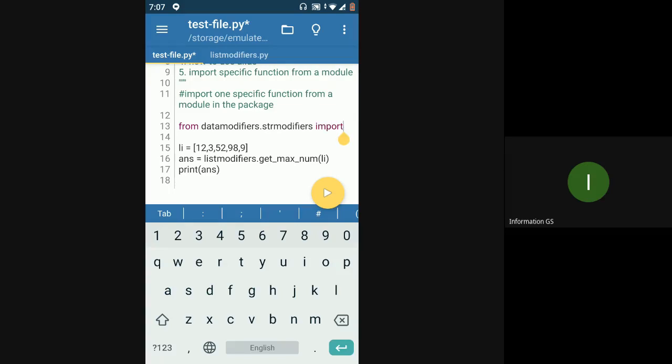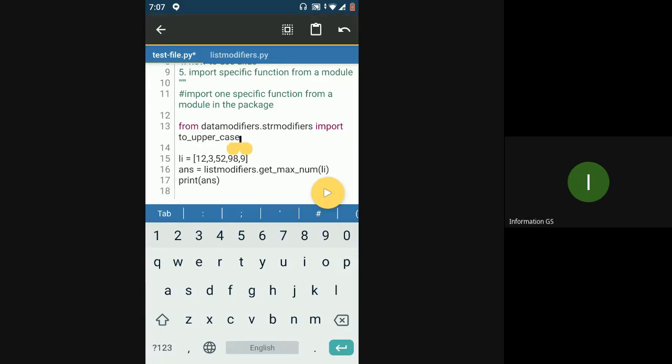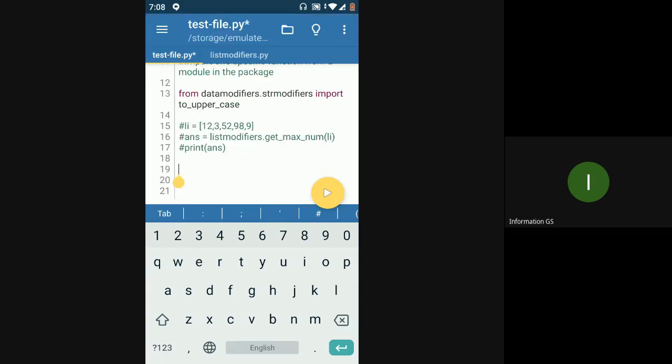Like if I want to get the two uppercase function, I'll just import two uppercase, and then I can use two uppercase without using any module name associated with it. Directly use the two uppercase name.